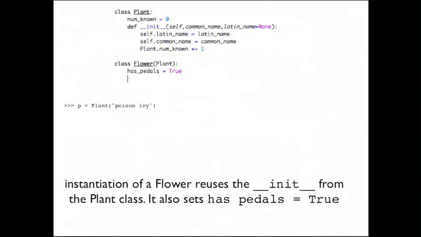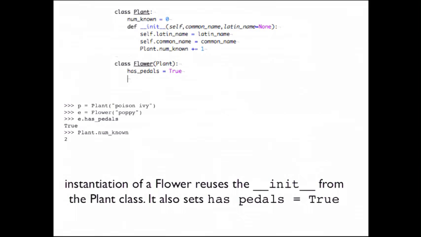So now let me actually try to do this. p equals Plant, poison ivy. e equals Flower, poppy. e.has_petals. True. Plant.num_known. How many times did I call the init? I called it twice. And you notice when I created e and I basically made a flower, there's no init